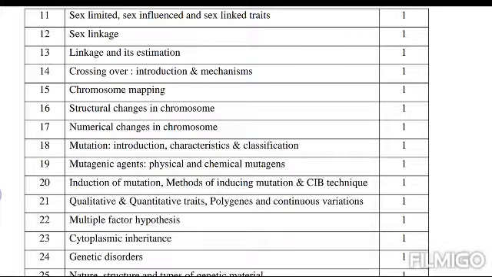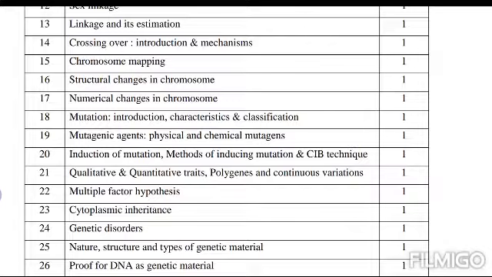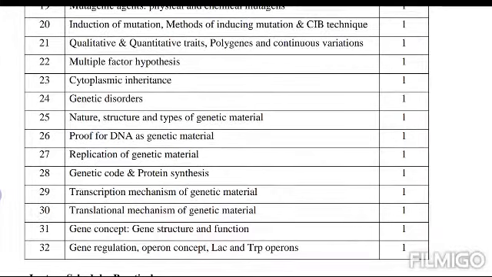mutation introduction, then characteristics and classification, mutagenic agents like physical, chemical mutagens, then induction of mutation, methods of inducing mutations and CLB technique, qualitative and quantitative traits, especially polygenes and continuous variation, multiple factor hypothesis, cytoplasmic inheritance, genetic disorders, nature, structure and types of genetic material, proof for DNA as a genetic